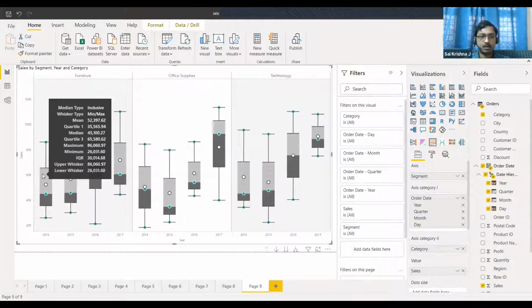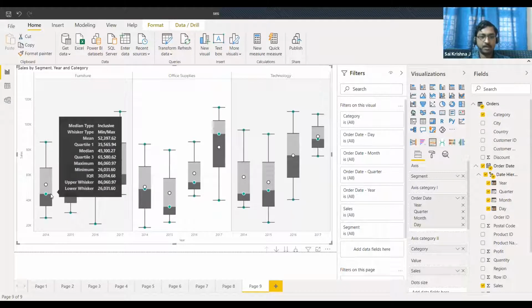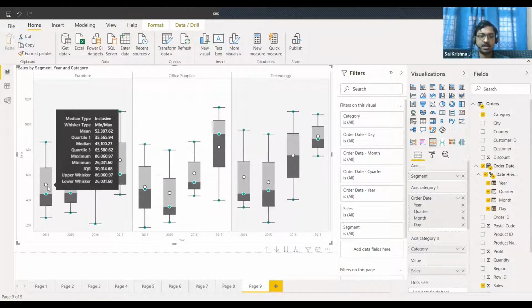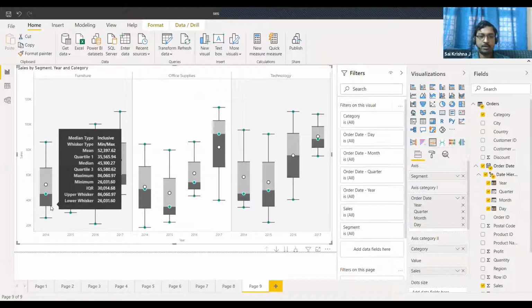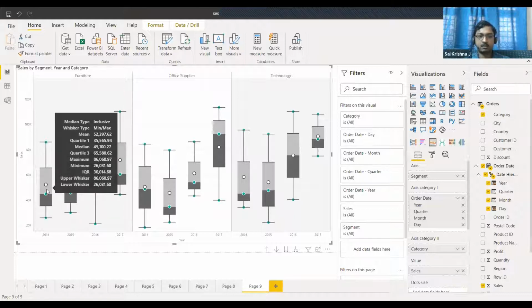Okay, and the center line in the graph, what you have inside the box, is called the median. So you have the median as 45,100. That is what the center line indicates. So the bottommost whisker indicates the minimum value. The starting point of the rectangular box indicates the 25th percentile. The middle line inside the box indicates the 50th percentile, or the median. The top line of the rectangle indicates the 75th percentile, or the third quartile. And the topmost whisker indicates the maximum value.